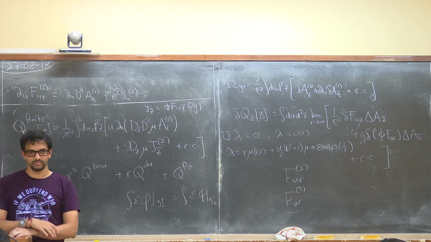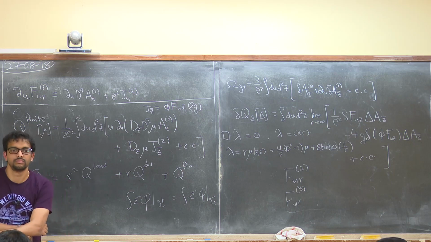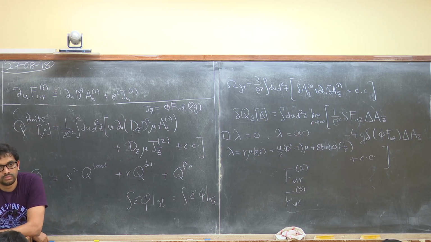What if you have a line of points, all the points of the line have charges, an infinite line of that? Let's say you think of a straight line. You have a straight line in space. At every point you have a charge density. Now your electric fields will have log or some such behavior.